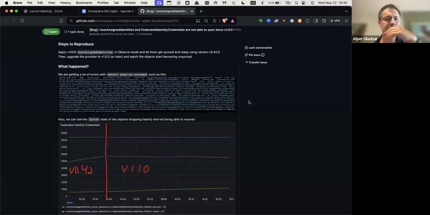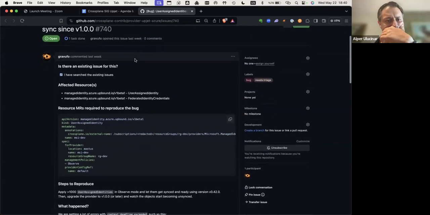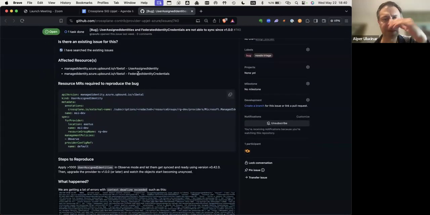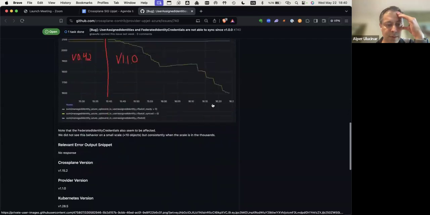And I already see the resource kind here, this user defined identity, right? Yeah, exactly. We're also seeing it on federated identity credentials as well. Yeah, federated identity. Did you also mention that resource? Okay, so you already mentioned it here. Thanks for that. And my proposal would be